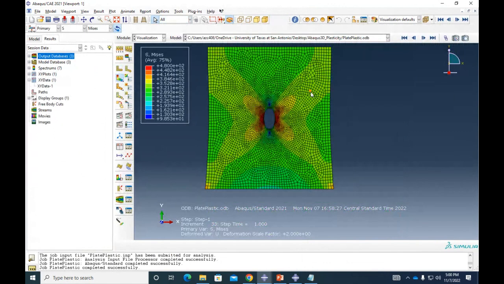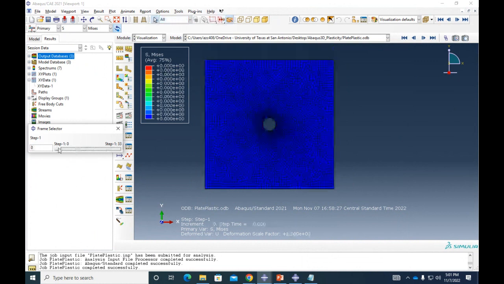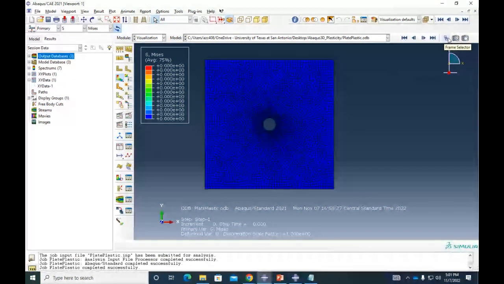Do you think that this works like that in real life? Yes, it does. It looks like this. So if you have this plate and you start pulling it, it's going to look like that. Something cool that we can do in here is this video. Here, we don't only have one final deformed configuration. We have the history for the whole application of the load.